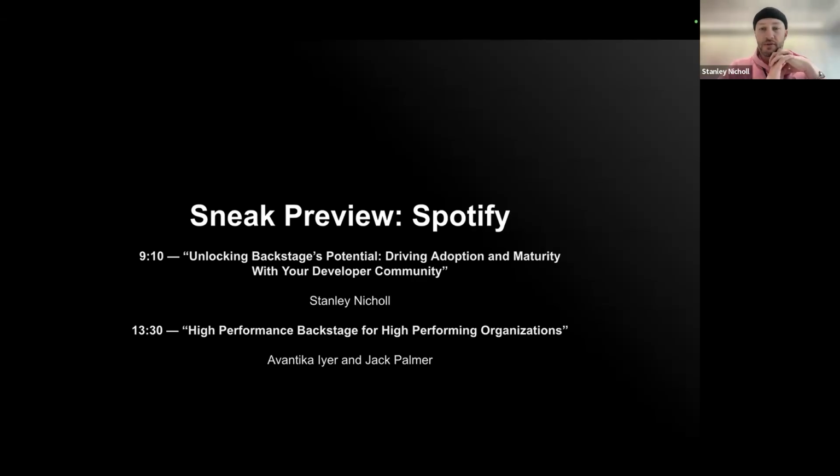And really, this one is all about fostering and enabling your engineering community to be able to supercharge the value that Backstage can bring to your organization. I do believe that this is the foundation or the linchpin that can really unlock a lot of great goodness that comes from Backstage. And so I'll touch a bit on how I came up with that insight, but then I'll dive right into sharing what it looks like to have a more mature engineering community supporting your Backstage instance, and of course some actionable recommendations.